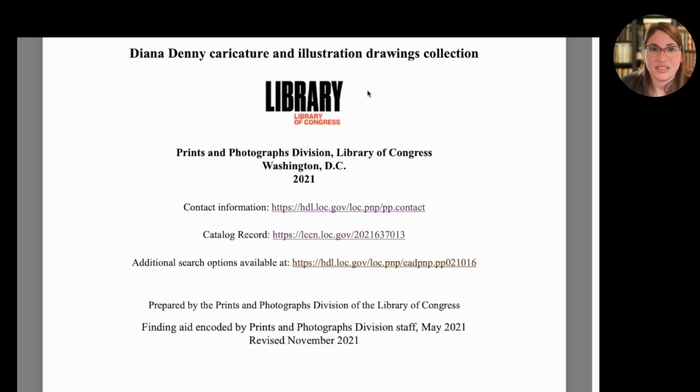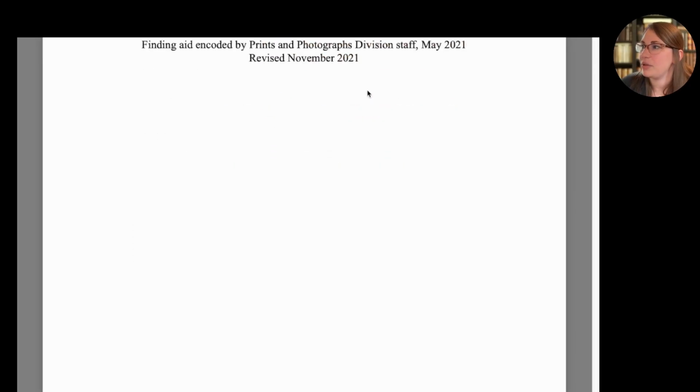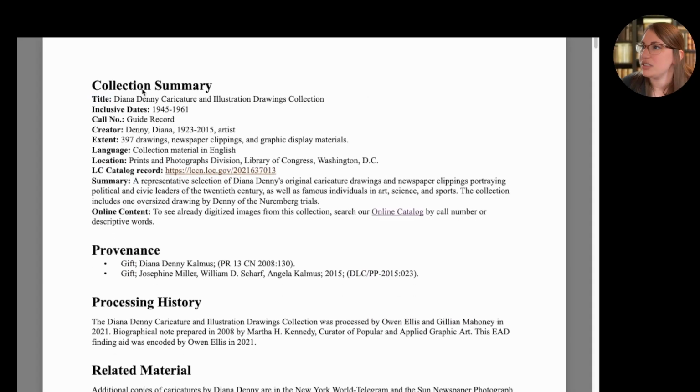This is what the Diana Denny finding aid from the Library of Congress looks like. So you'll see this actually has all of our DACS elements in it: title, inclusive dates, creator, extent. One potential pitfall with a catalog record is if it's not designed for historic materials, it may not have all the fields we need. With finding aids, since it is a Word document, you can type whatever fields you need. You pick the format, you pick the template. You can borrow a template